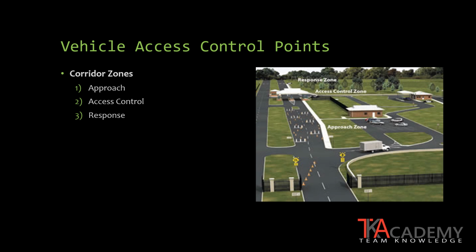For a vehicle access control point to be effective, it must have turnaround lanes, also called rejection lanes, to be able to reject anyone who is not authorized to enter the area and turn them away from the access control zone. There should be a minimum of 2 turnaround lanes. The first one is before the access control zone and the second one after the checkpoint.